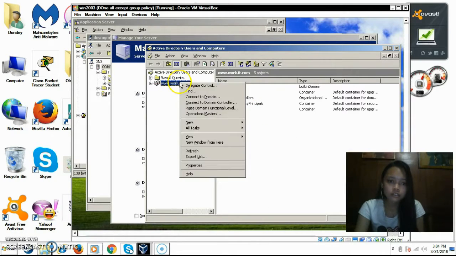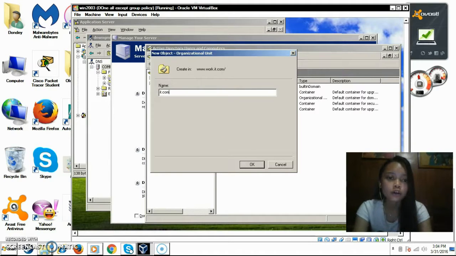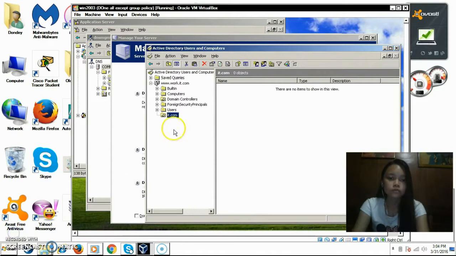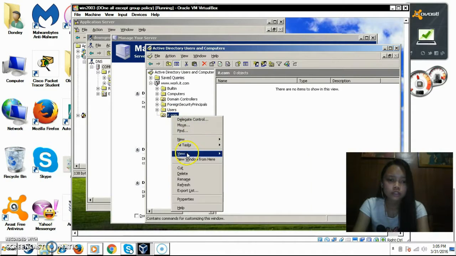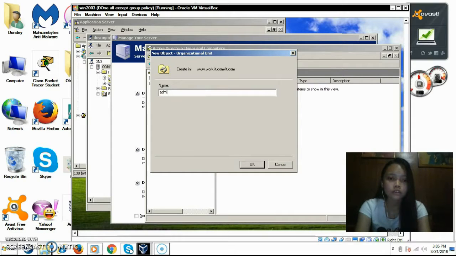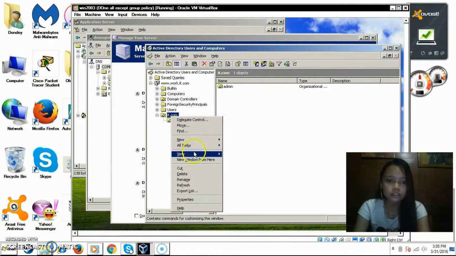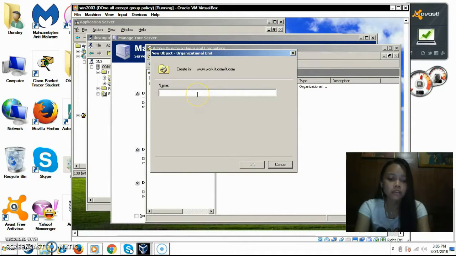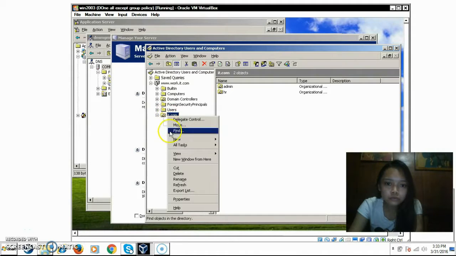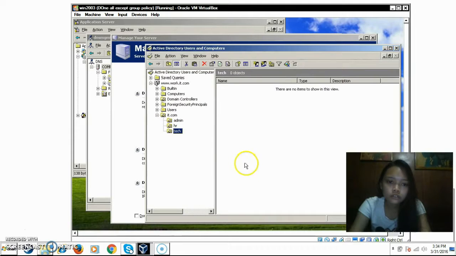Then right click like this, then click New, then Organizational Unit. So we will now make our organization unit as it.com, then click OK. Then so we will now right click it, then create new organization unit under the it.com. We add 3 websites, the admin, click OK, then back here it.com, create again organizational unit, name it as the HR, then click. So we will now add the last website, create new organization unit, tech, click OK,